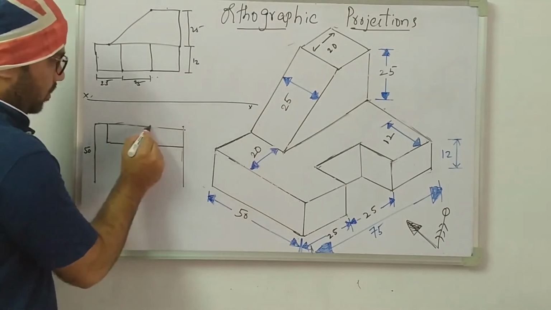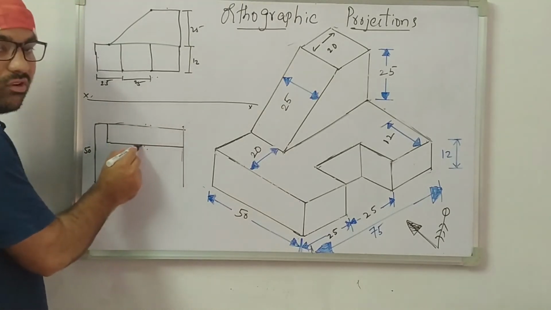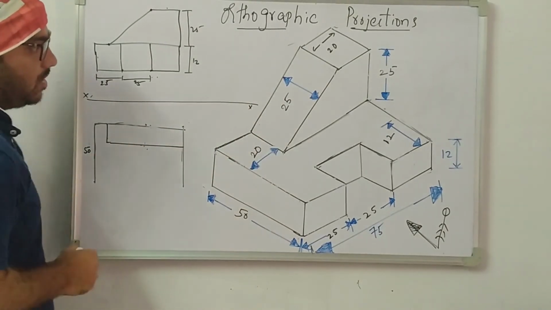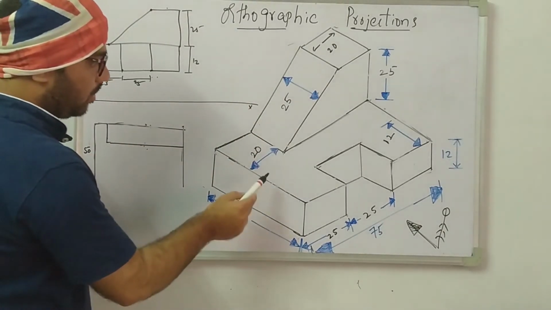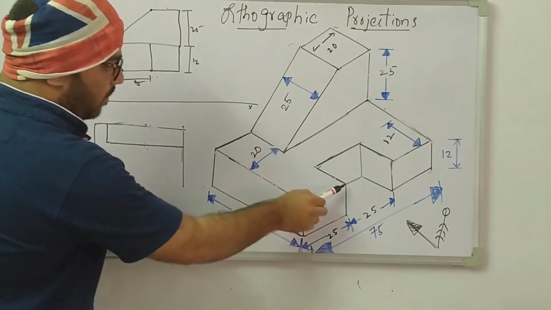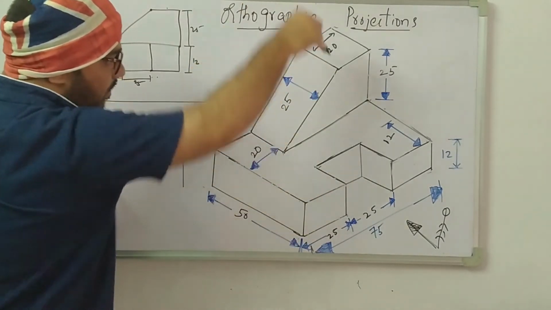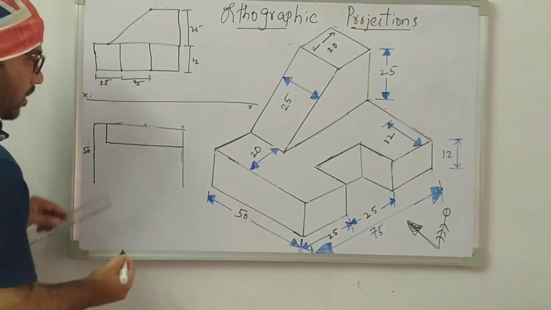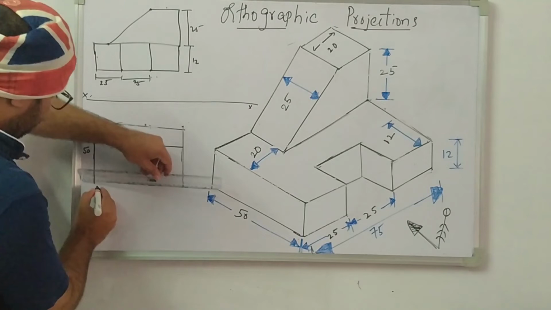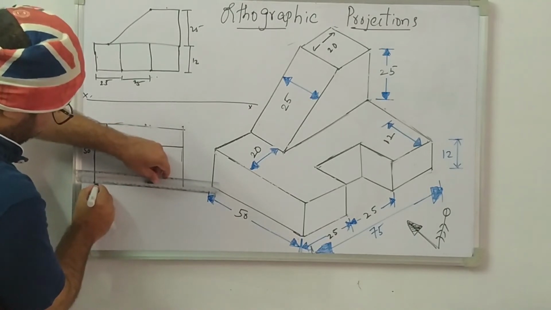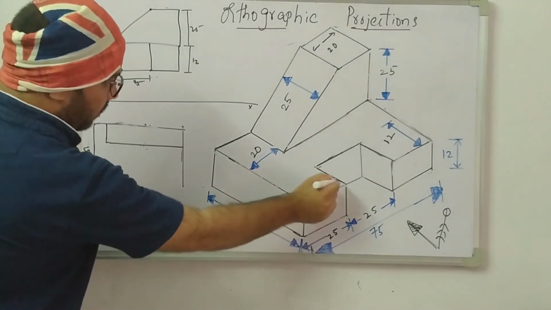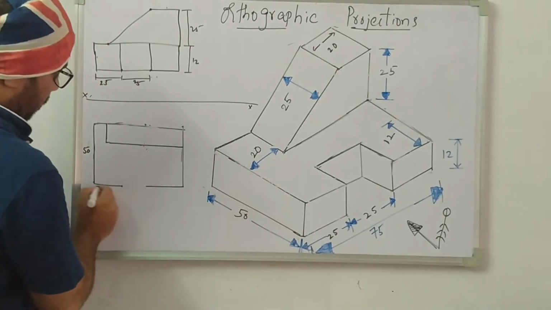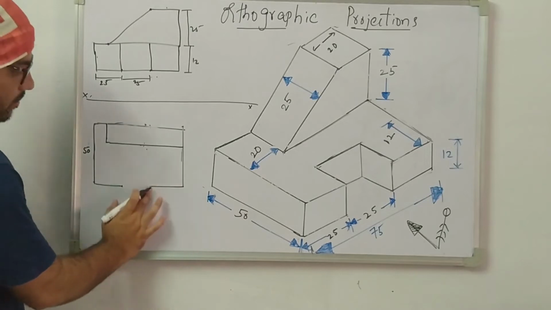So what is this box? This box height is 25. So the width, whatever the width is here. Out of 50, the 25 is completed. And what is the remaining portion? In the front view I can see this distance also. How much is this distance? 12. So simply draw 25 mm. From here to here it is 25 mm. Again here to here it is 25 mm. This distance is 25. This distance is 25.